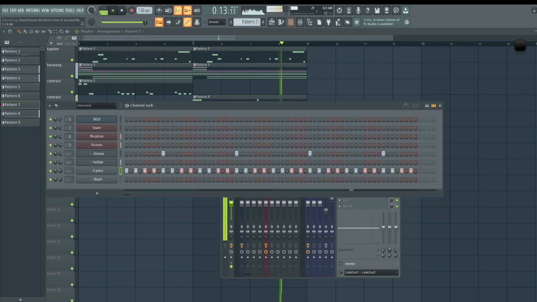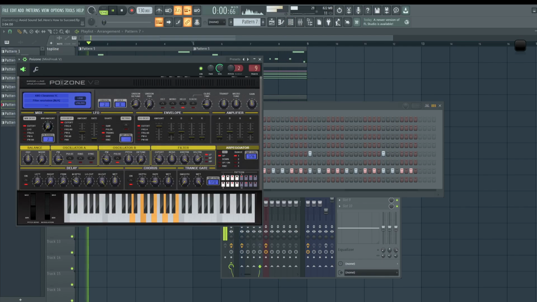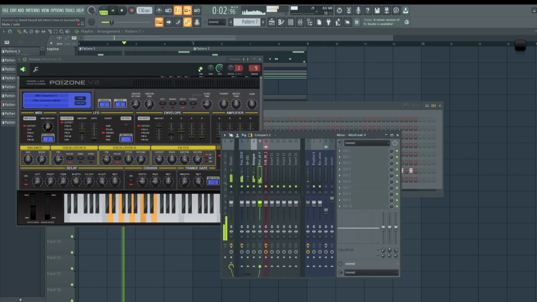Okay, so now it's just a matter of sound design and really honing in your unique touch. I want to mess with the rhythm section, the arpeggio.